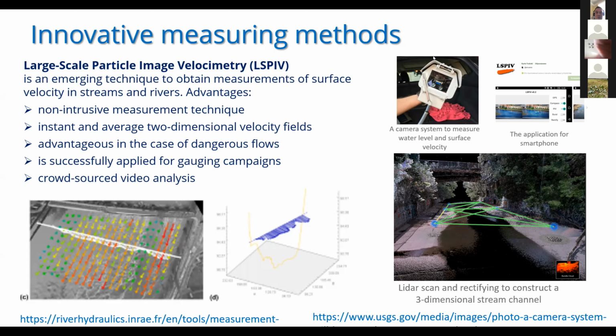For example, crowdsourced analysis. And on the pictures, you can see some equipment for this kind of measuring method, especially distributed camera to observe surface velocity, and laser scanned elevation model for the riverbed, and using the general equation for discharge, mean velocity multiplied by area of cross section, we can calculate the discharge and investigate spatial distribution of flow velocity.